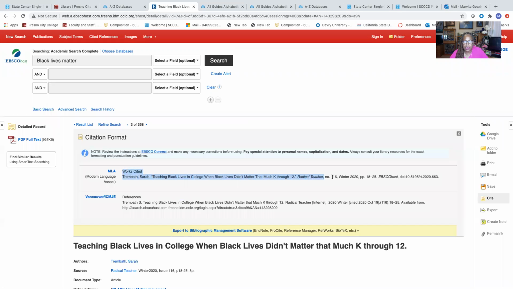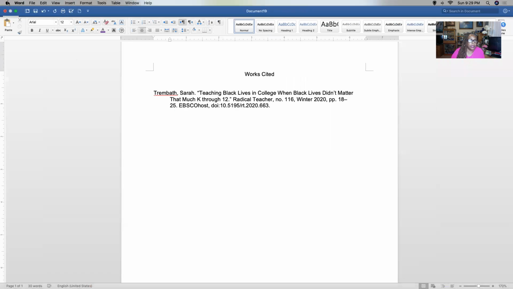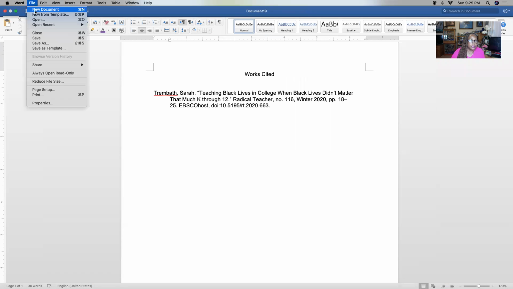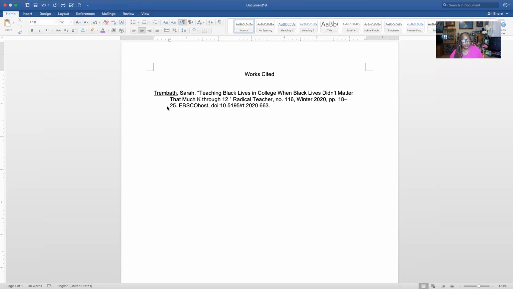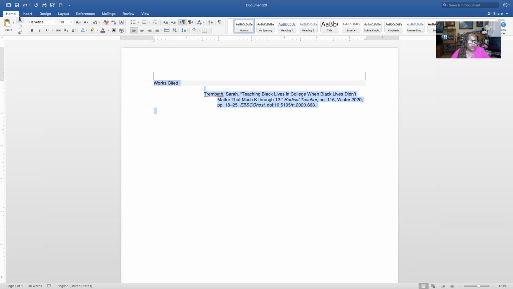So let's just cut and paste. We're going to copy this. And then we're going to open ourselves a Word document. And let's get a new document. And let's say we just transfer this over here. So now it's over here, but it's not quite in the right format. So one thing, we have this shading. So let's just get rid of all of the formatting.